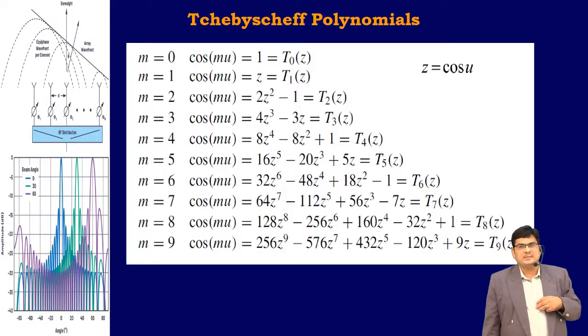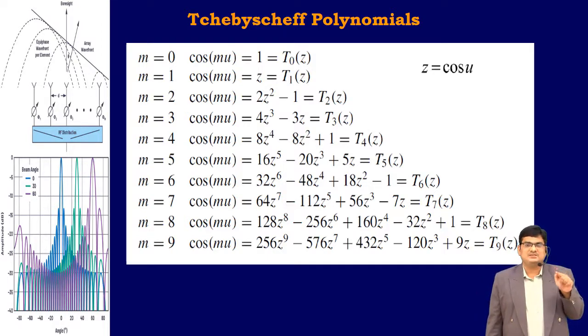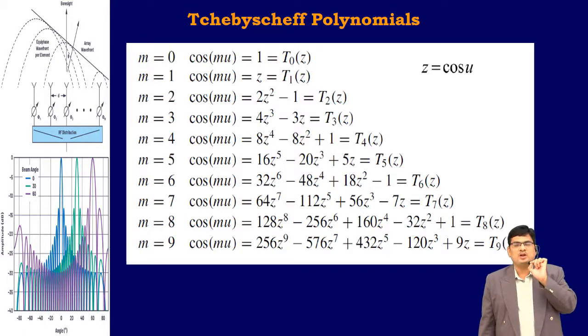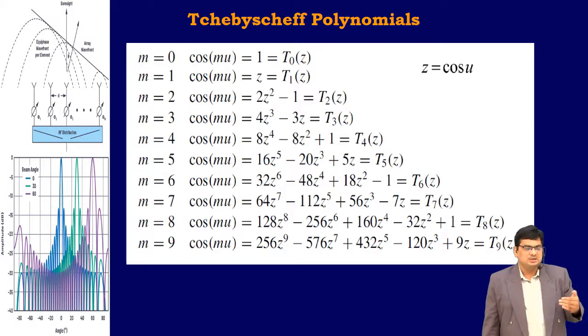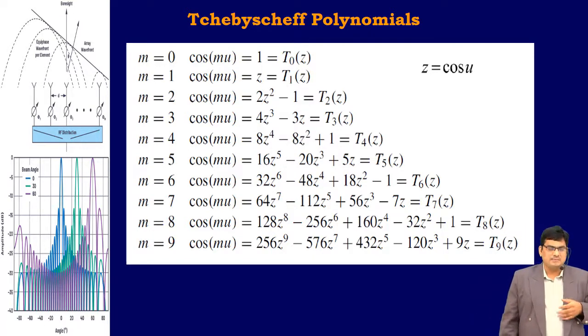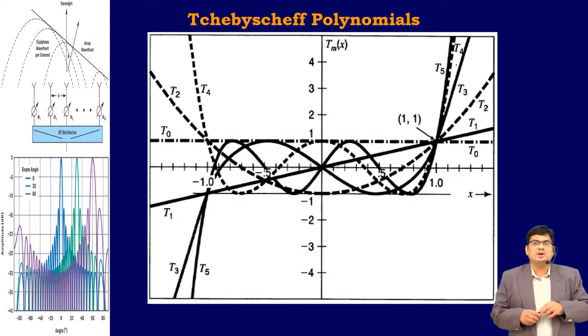Again, for m equal to 5, in place of n we don't substitute 5, we substitute 4, n is equal to 4. So that is T4 plus 1 of x is equal to 2x into T4 of x minus T3 of x. We know the values of T4 and T3, substitute those values, then we can get the result. Like that we can find up to m equal to 9 and 10. So this is the polynomial curve.